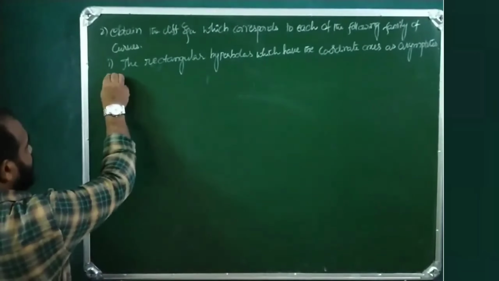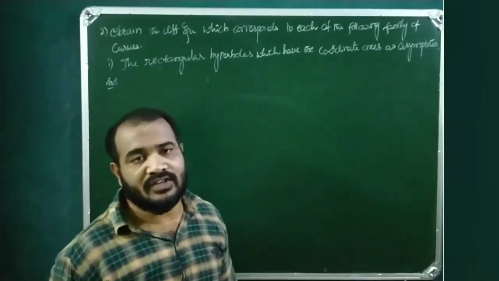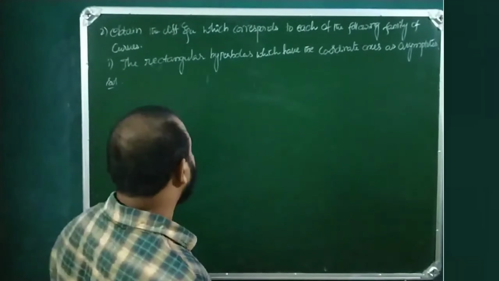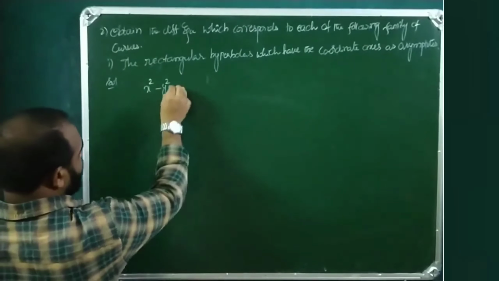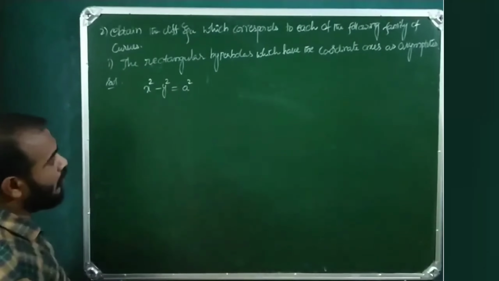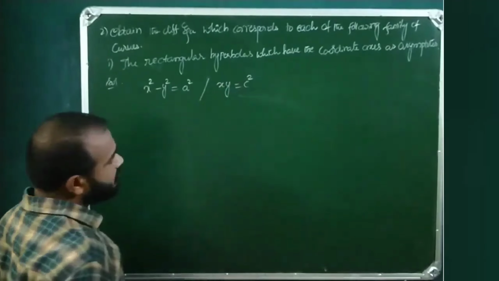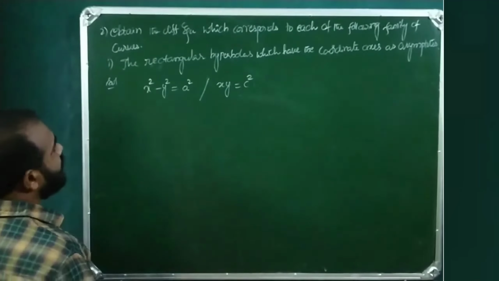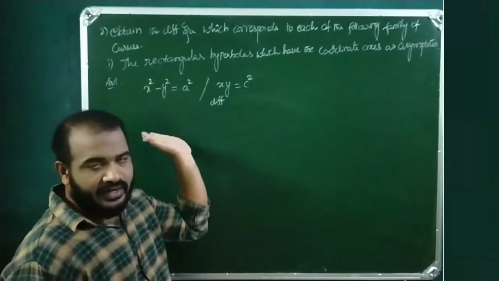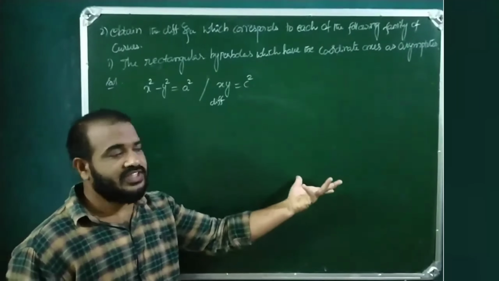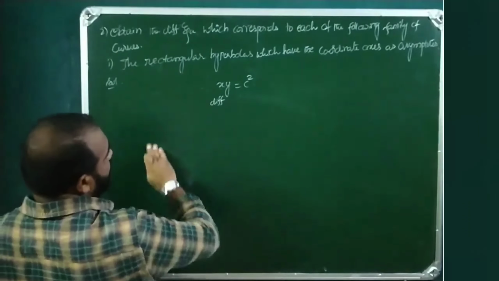Now, since the hyperbola chapter is not over yet, but for the time being I will tell you, the rectangular hyperbola is one of these forms: x square minus y square equals a square, or xy is equal to c square, one of these two. Now differentiating in both the cases, here a is the constant, here c is the constant. So otherwise if you take this for example, differentiating,